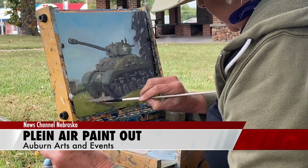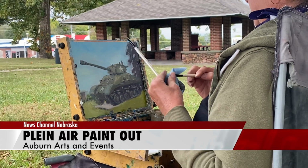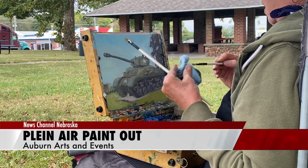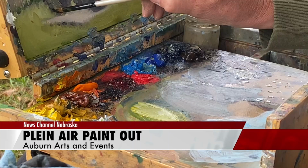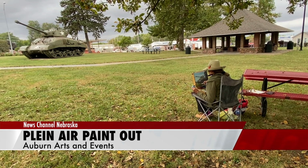Auburn's Plein Air paint-out finished Saturday with a quick paint contest that had this year's Best of Show artist testing her abilities. Priscilla Portenier of Springview chose the M4 Sherman tank at Legion Memorial Park for her quick paint subject. I knew this would be a tough one to pick, but I thought, you know what, the heck, I'm going